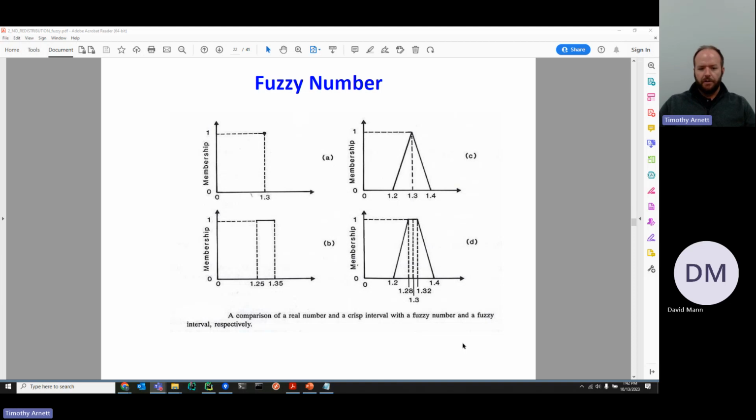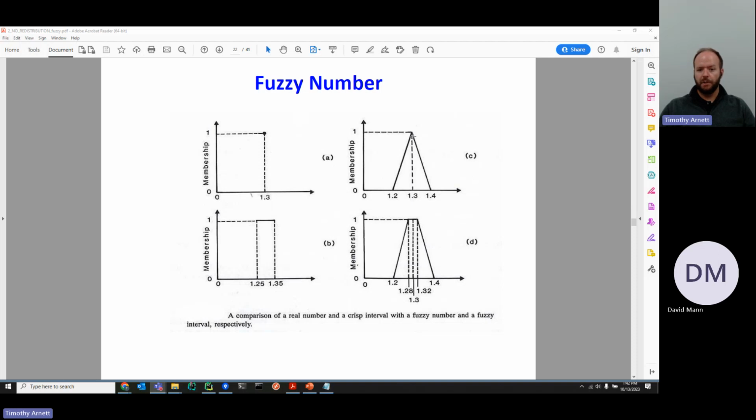So fuzzy numbers are another concept in here for dealing with uncertainty, and those are mapping the crisp or precise numbers to this vague or imprecise representation. We can do this in different ways. You can see that there are different ways you can represent numbers, where you can just have a singleton. You can have some interval number that we see here between 1.25 and 1.35.